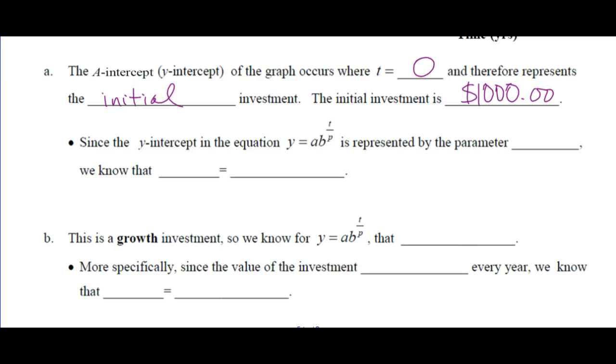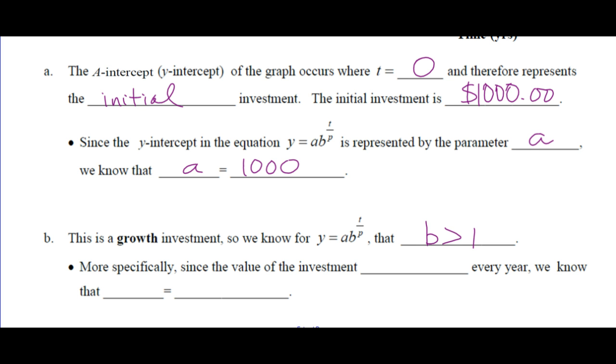Since the y-intercept in the equation y = a·b^(t/p) is represented by the parameter a, right? We know that, so in this case, what do we know? a equals 1,000, right? All right, so if you're looking at a graph in that form, the y-intercept is the value of a. It's the initial value, or initial investment. This is a growth investment, so that we know for y = a·b^(t/p) that, if it's growth,